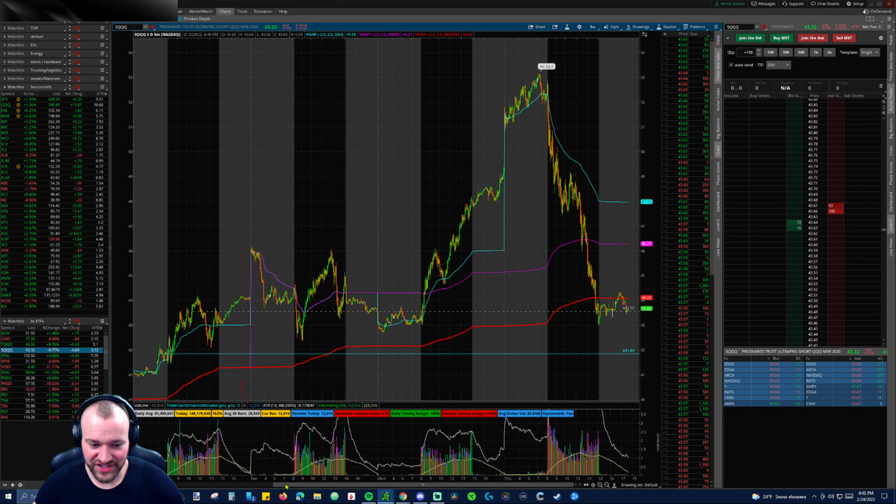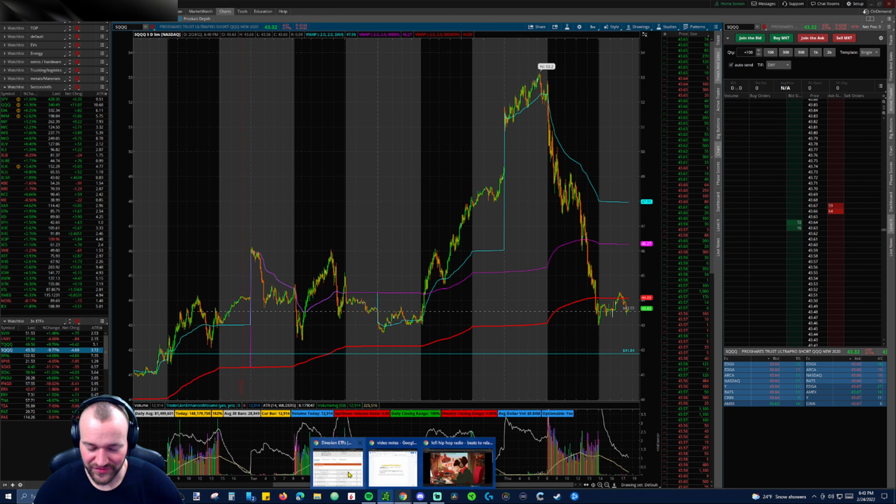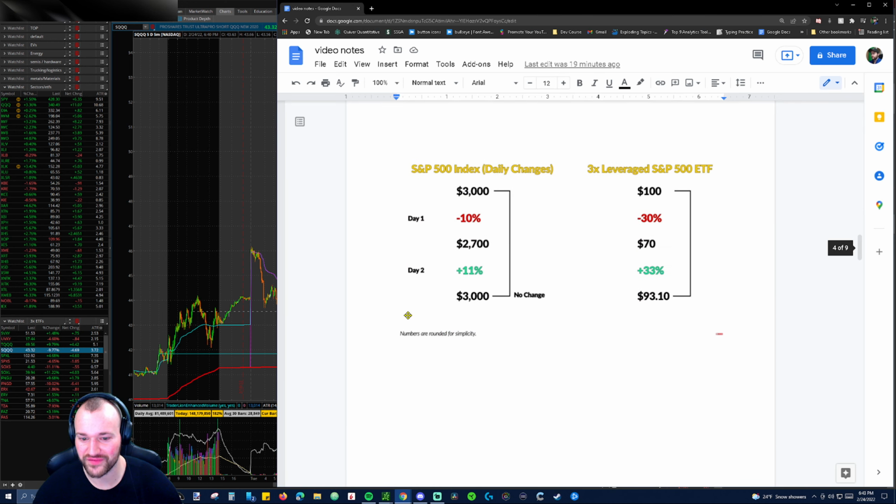But I guess in summation, I want to make sure I got through some of those other... Oh yeah, there were a few pictures here I wanted to go through. So back to the leverage ETFs. This is mathematically what I was trying to talk about in one of the other ones, and I couldn't articulate it properly. So due to drag or volatility decay,